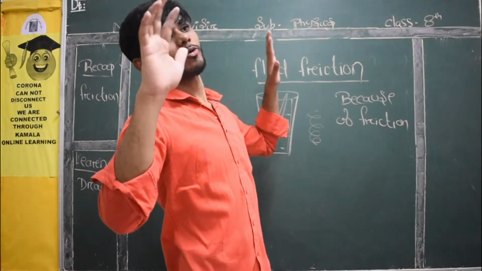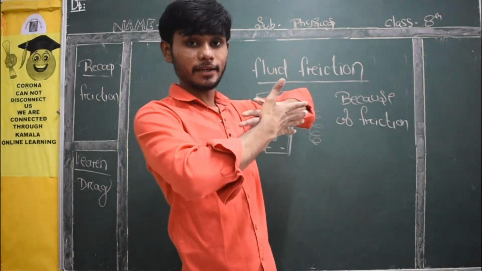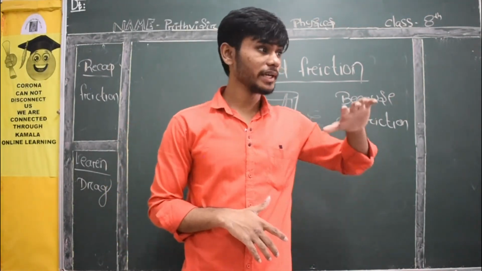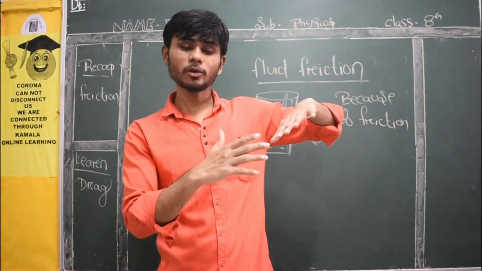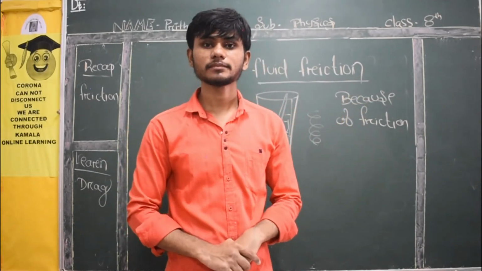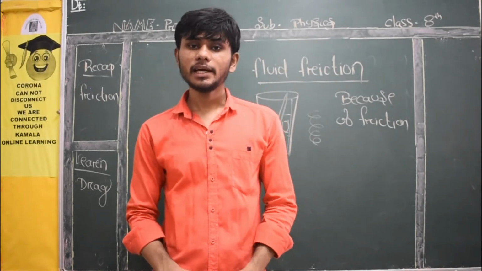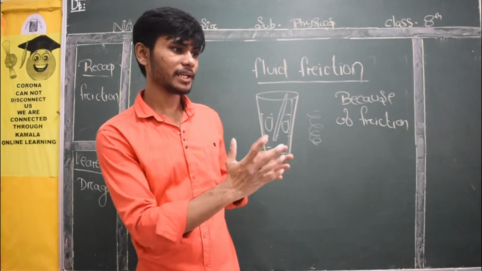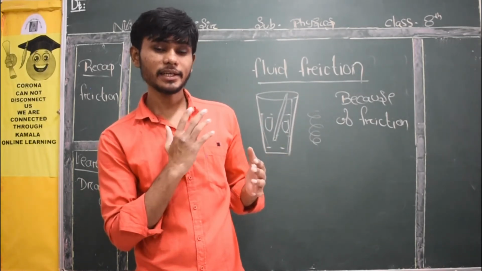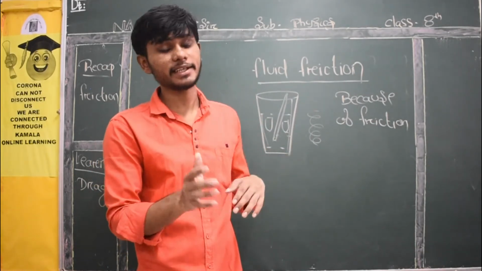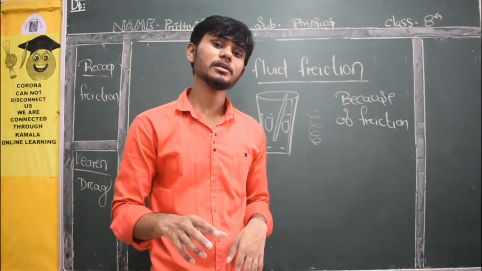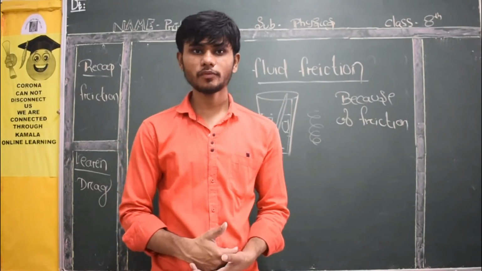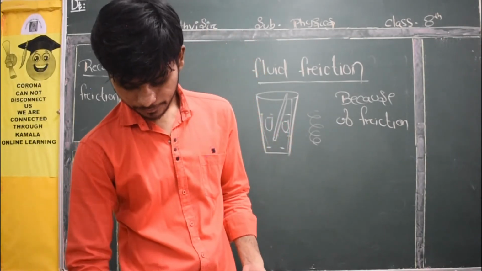Either you may go back, you may get resistance, or it may break. Why? Because wind also has its own force, and if it collides with you, it is providing friction. And you have to know, students, rivers are flowing, right? While flowing they are also cutting the mountains, creating valleys, creating slopes. This is all due to friction, okay? In the case of liquids and air, we will call it drag.